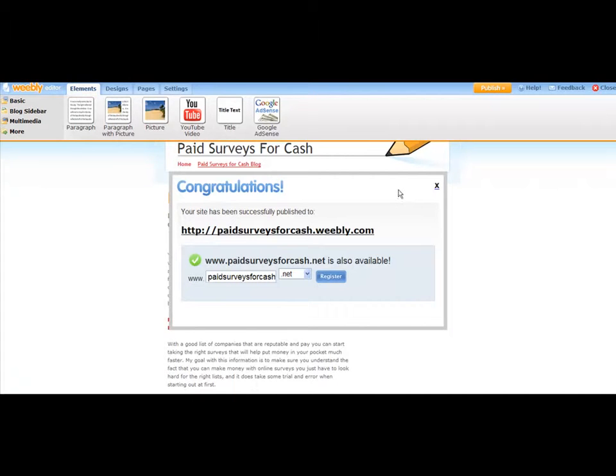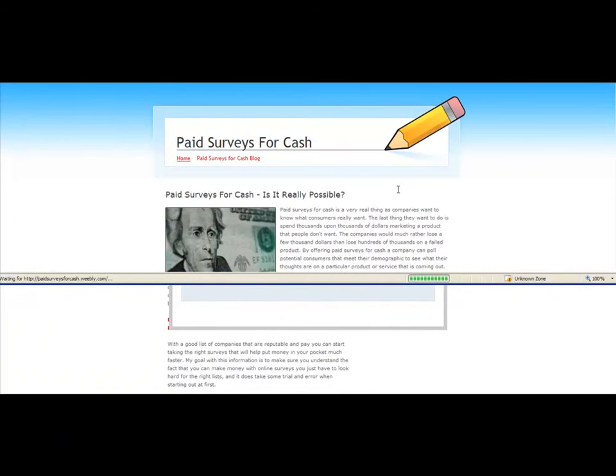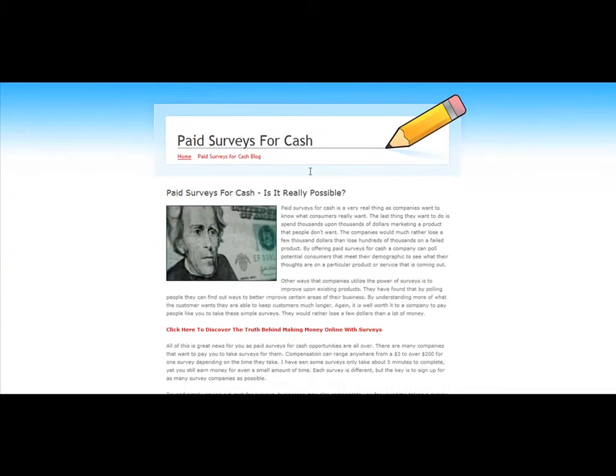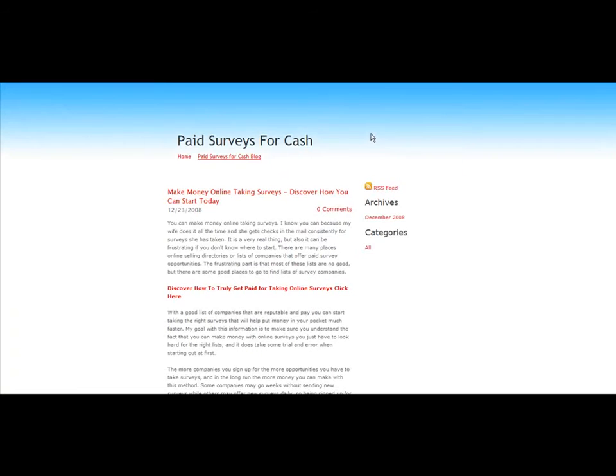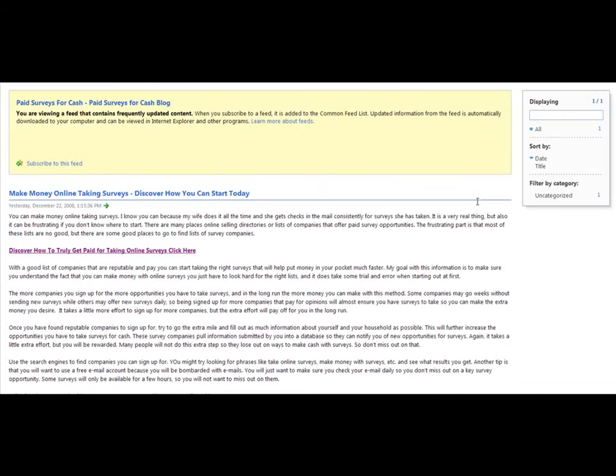So the next thing you do, I'm going to go ahead and pull the site back up. Now that you've tested it, now that you've built your blog, you made your first blog post, you would go right over here, and you're going to pull up your RSS feed. So you just go ahead and click here on RSS feed. Just highlight that, and then highlight it in your browser, copy it, and you're going to go over to a website called